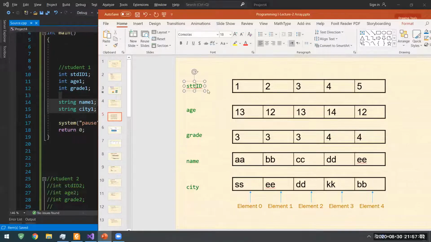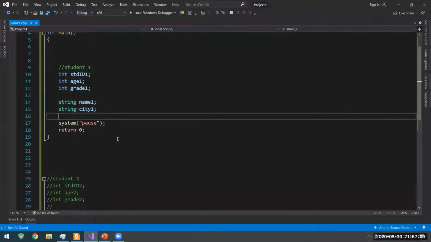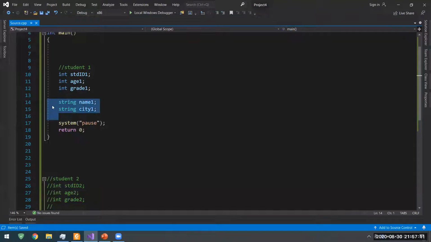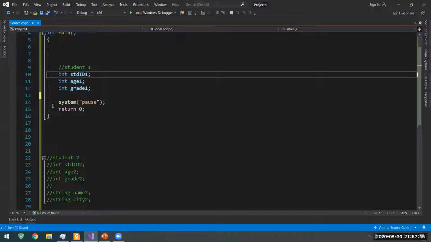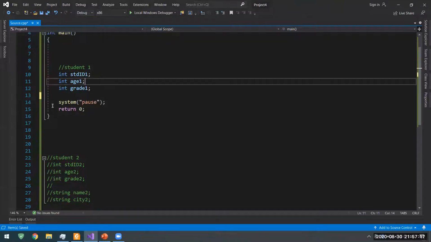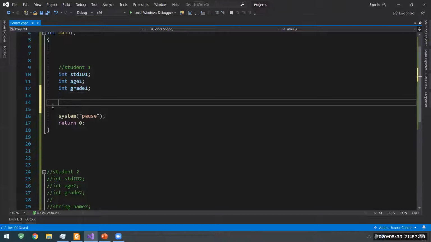So this student ID are all integers, this age are all integers, and so on. If I delete this one, and if I say I have a student, let's say I make this one an array instead of writing Gregor and so on, so I will say integer, and then